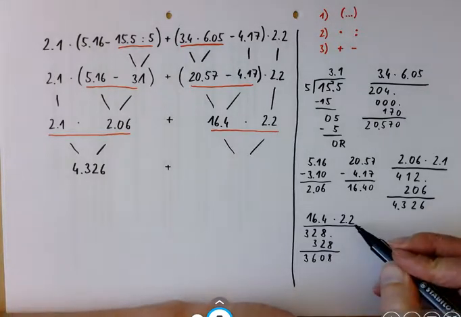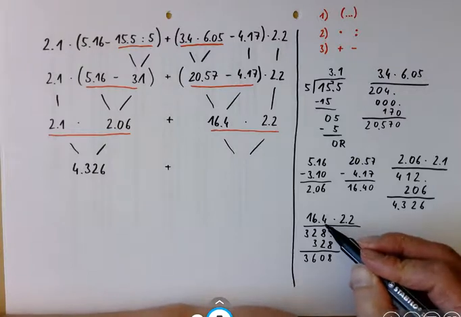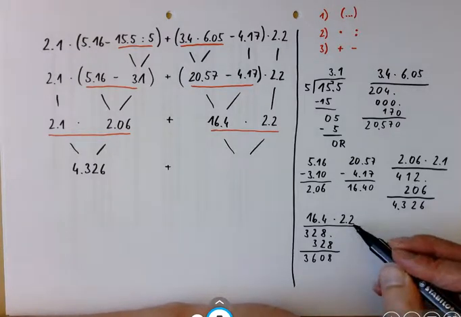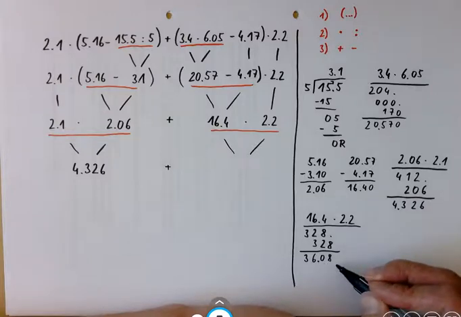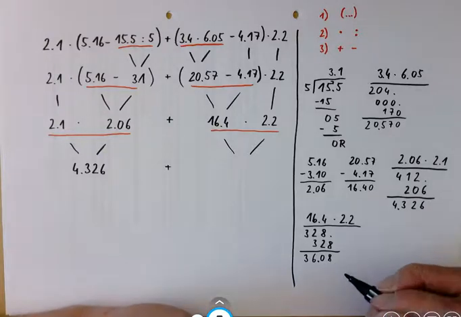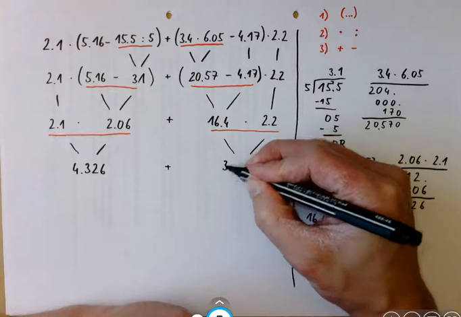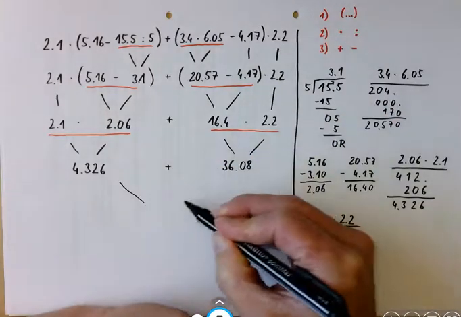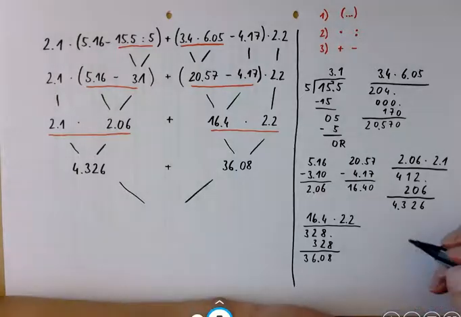There is 1 digit after the decimal point here and 1 here. So we have 2 digits after the decimal point in the result. So it's 36.08, and that's the last calculation,